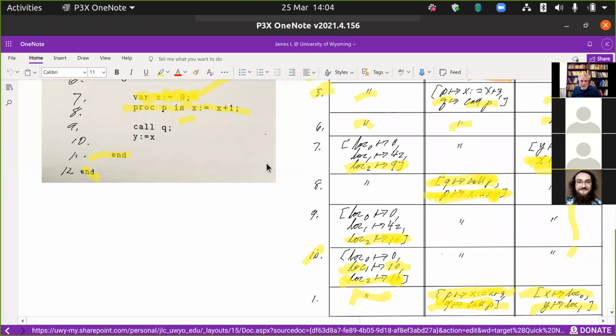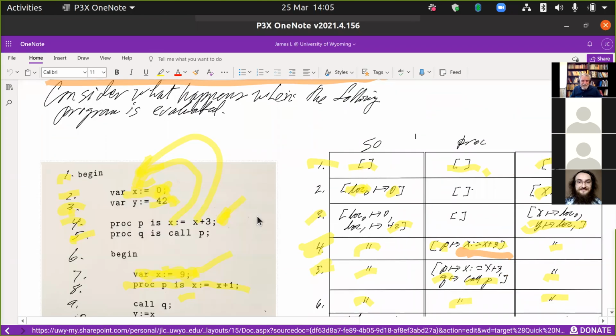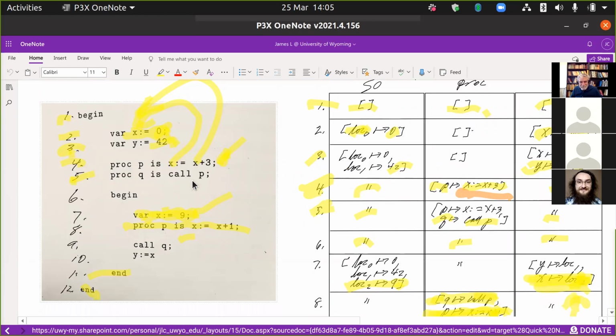The original P said X gets the value of X plus 3. But now we've got X gets a value of X plus 1 is the entry that's in the procedure environment